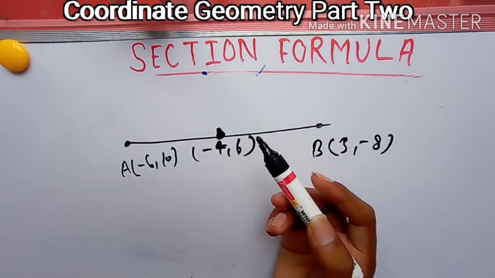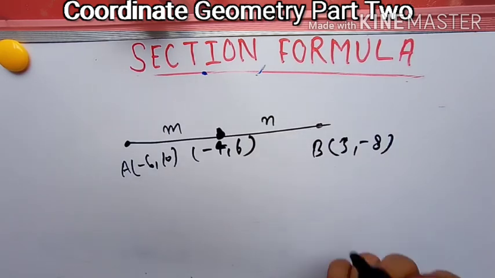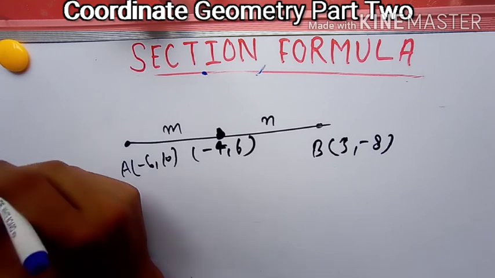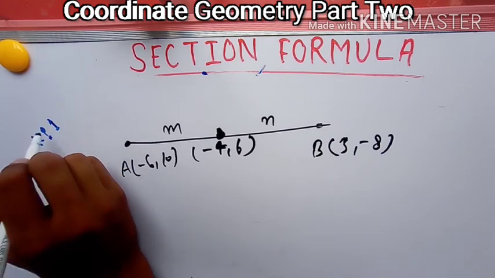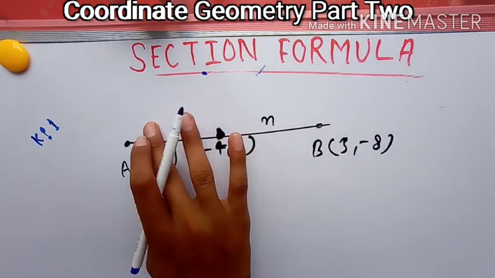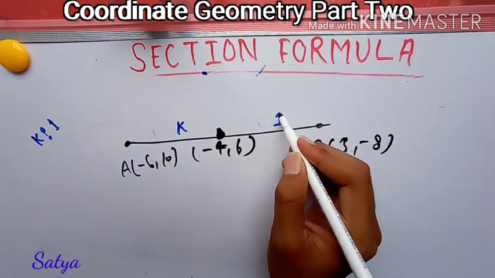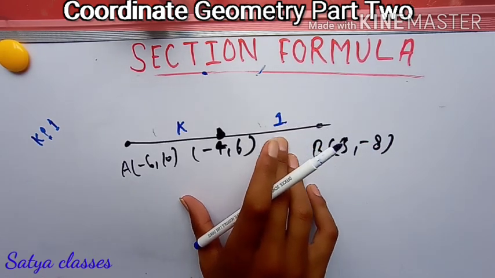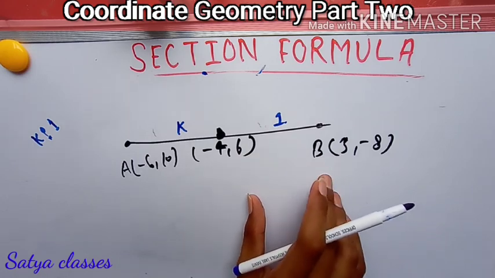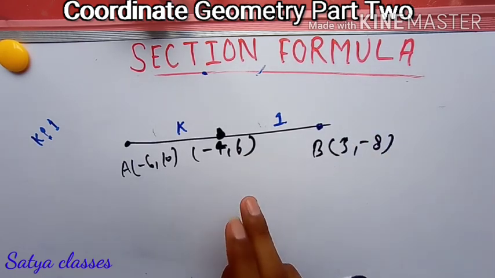Now for this you have to find the value of m and n. What I said earlier was to combine m and n and write it as k is to 1. Okay, this is what I said. So let me write it as k is to 1. Just give me 2 minutes. You will have this concept forever, and this is really very easy. Make sure calculating the values for x and y reduces. Soon you will see it. So for minus 4,